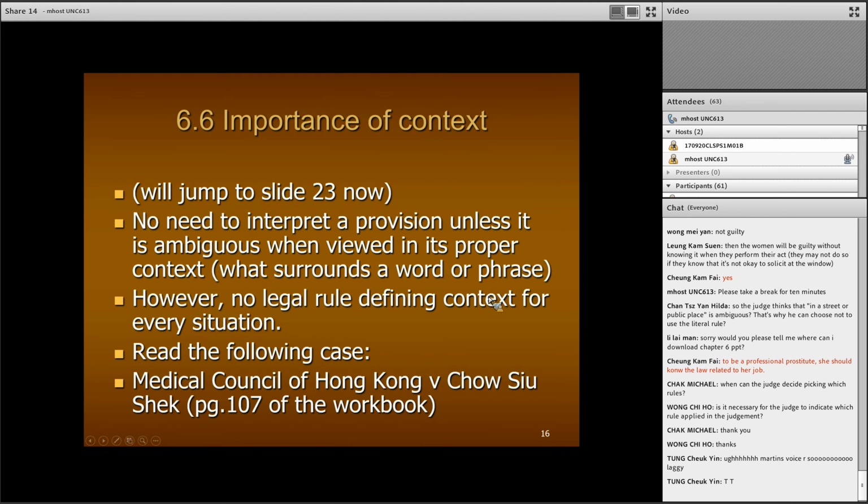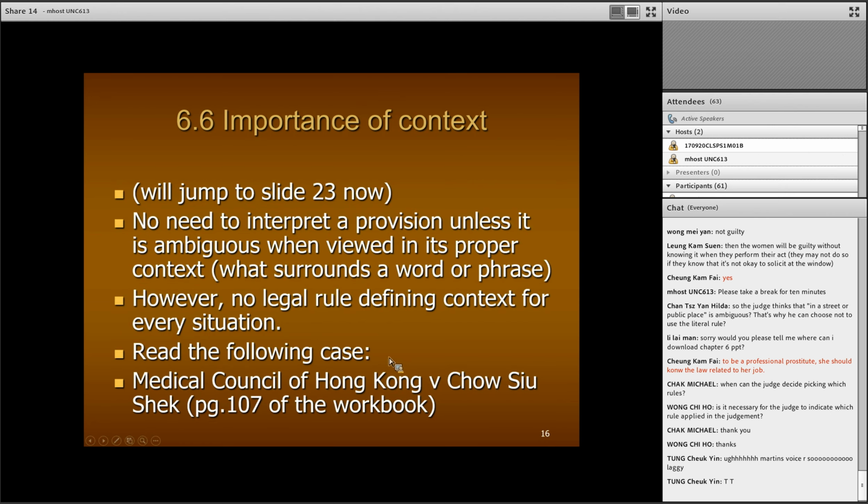of course, it will be very funny. But if you know the context, you think there's nothing silly. It's something very common. However, there is no legal rule defining context for every situation. Now we can use